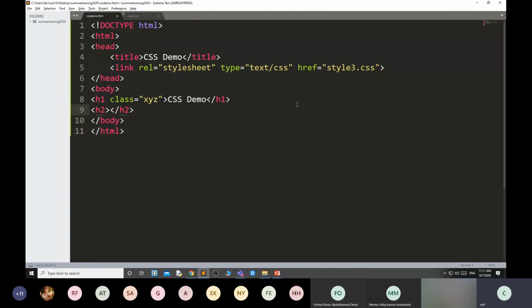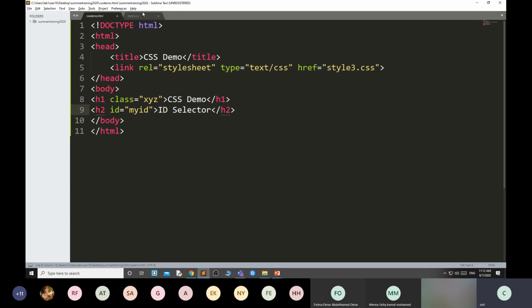Then what is the ID selector? Suppose I have an H2, ID selector. I have written ID selector and here I have given one ID equal to my ID.